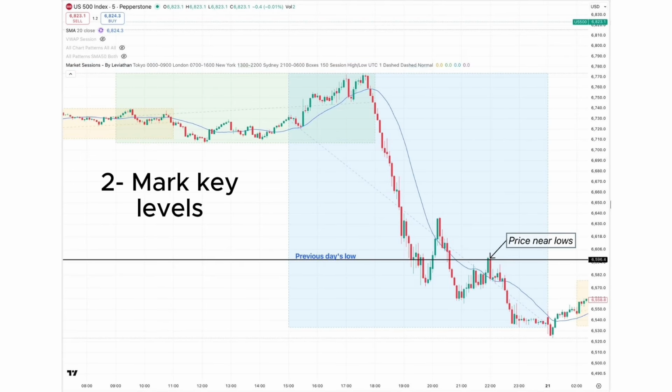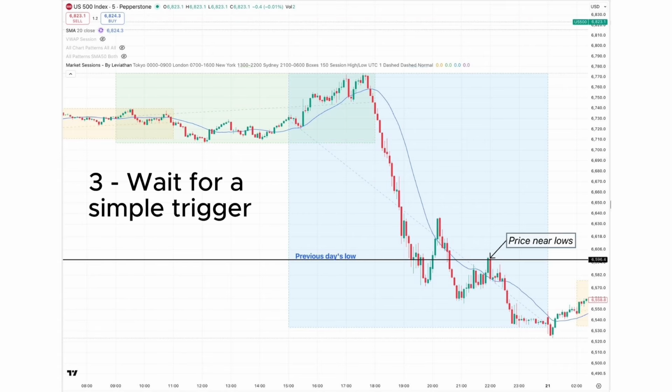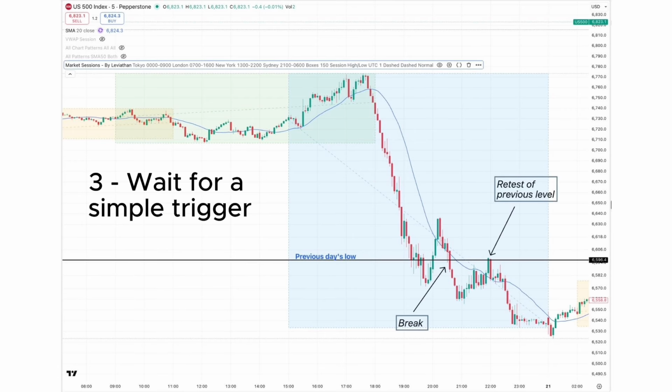Number two, you'll mark key levels. So you'll mark the previous day's low, intraday support, or a clear consolidation floor that has just been broken. Number 3, you'll wait for a simple trigger, and you don't need anything fancy for this. For example, a break and retest of a key level, price breaks the low, pulls back, fails, and then starts